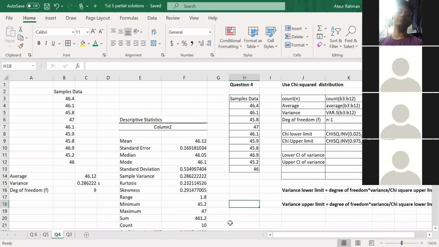Okay, so I think today we have already finished our time. So this question, basically we are trying to find out the confidence interval of the variance. In the previous problem, we found the confidence interval of the mean. And to find the confidence interval of mean or average,